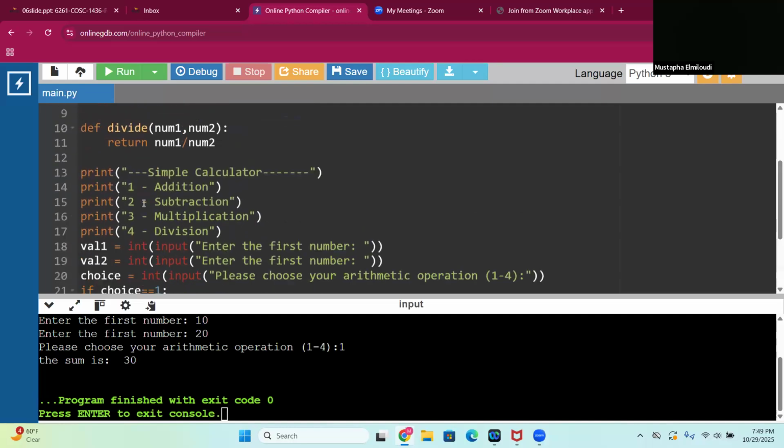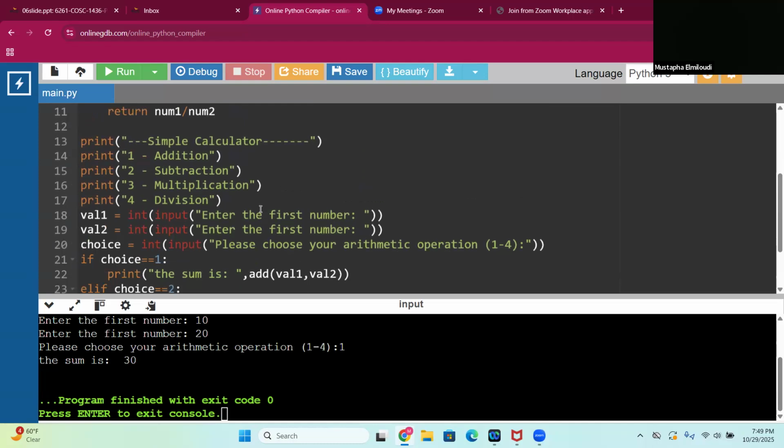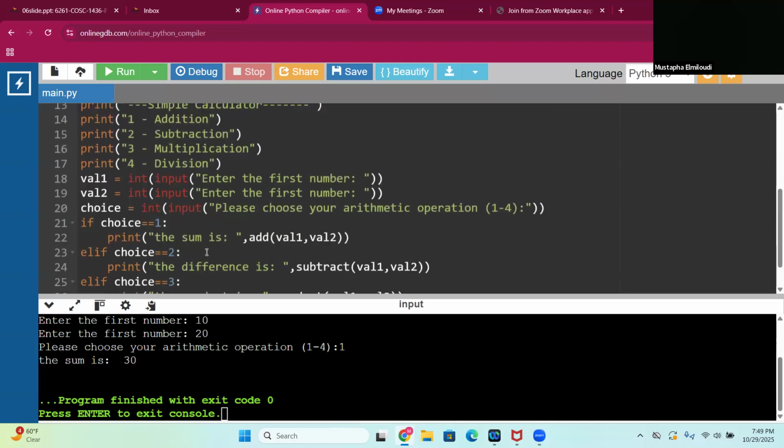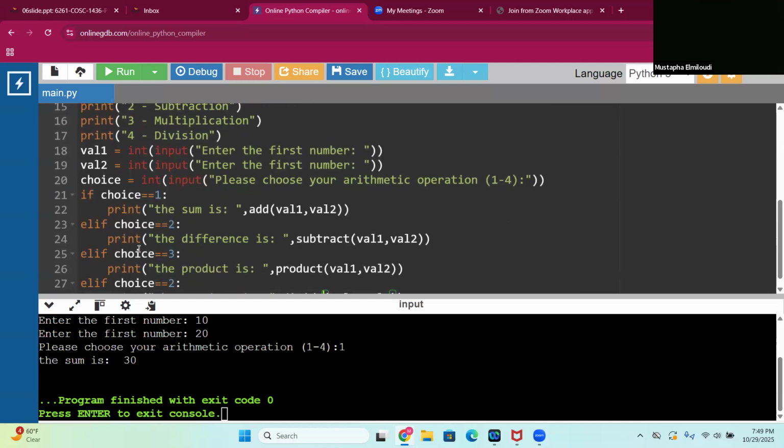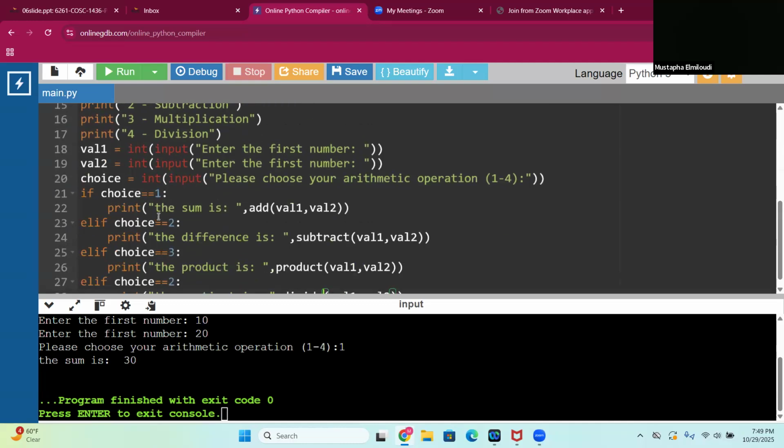Okay, and then you're going to put the menu, the choices, depending on what you are asked to do. And then you ask whatever the user needs to provide. And then you're going to put if statements, but instead of putting the code, you're going to call the function. And remember, you're not going to get full credit if you don't,